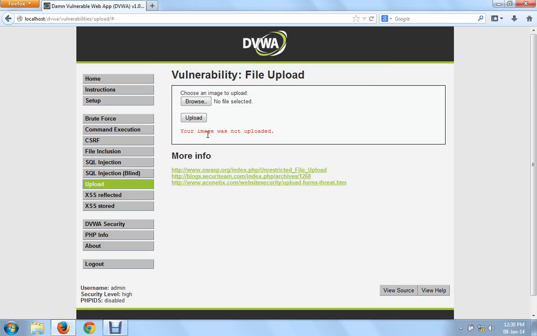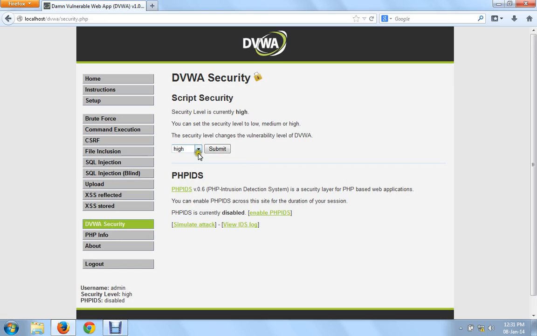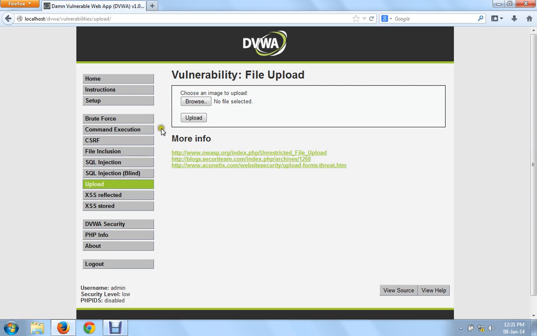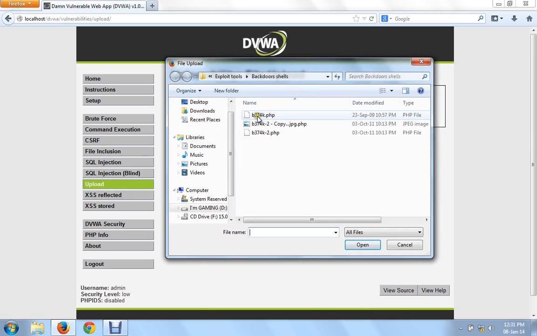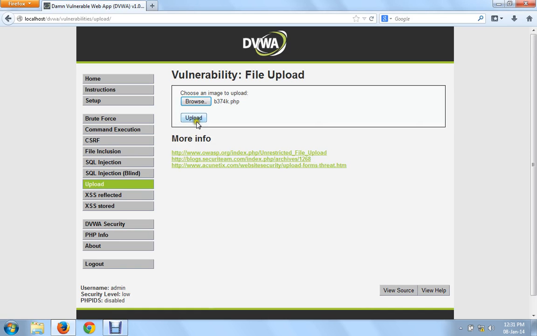Your image was not uploaded because right now the username of this Damn Vulnerable Web Application is admin and the security level is very high. So we have to make this level low so that it will allow us to upload something. I'll again browse and try to upload this backdoor shell. I'll click on upload.